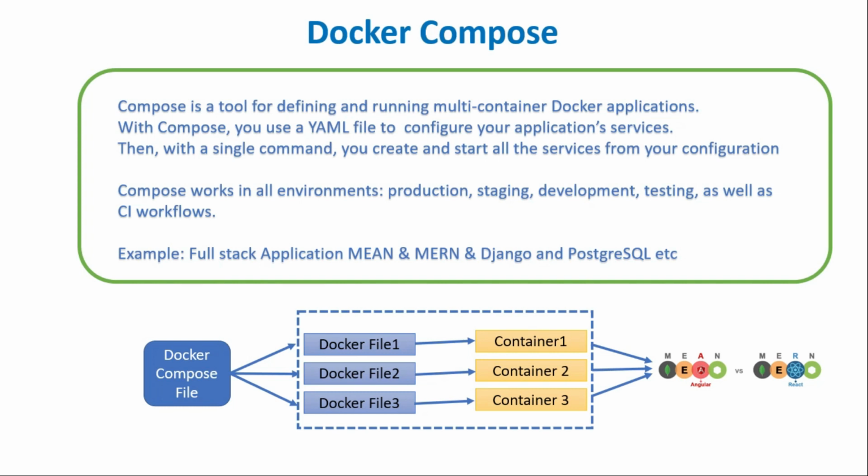Suppose in that case you have a Docker Compose file where you have to write some code to create a MEAN environment. When you execute it, it will separate all these things, and after that it will create the containers one by one: container one is MongoDB, container two is Express, container three is Angular, container four is Node.js. So it will create all the containers one by one, and after that it will show that you can access all your resources according to your need.